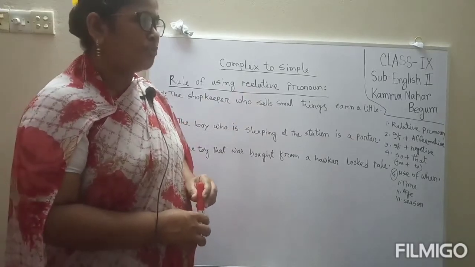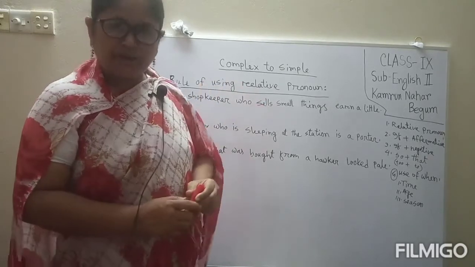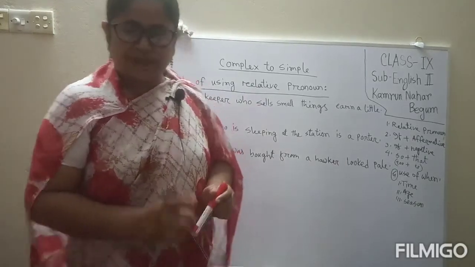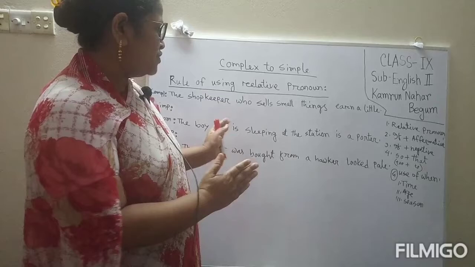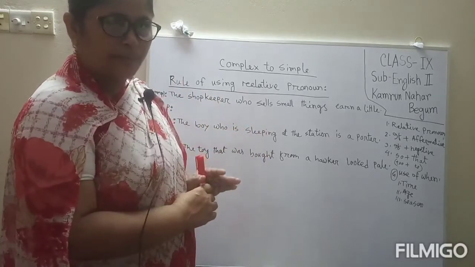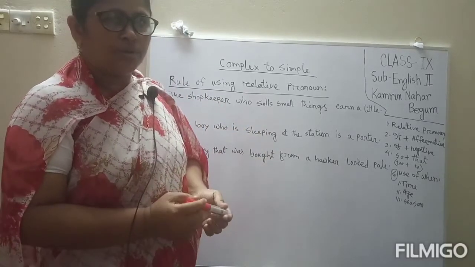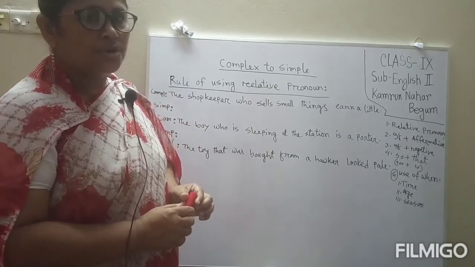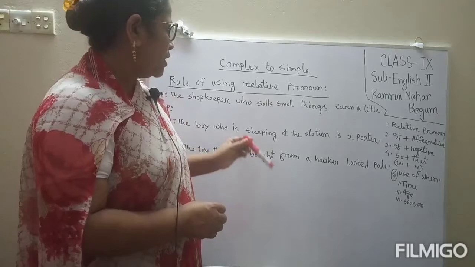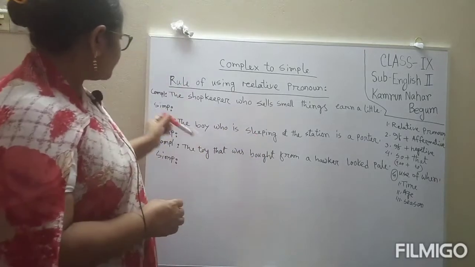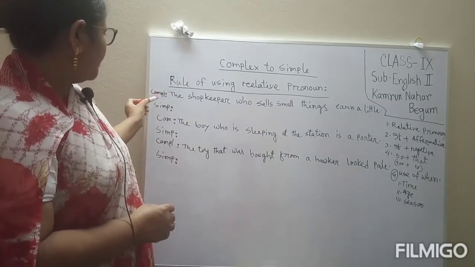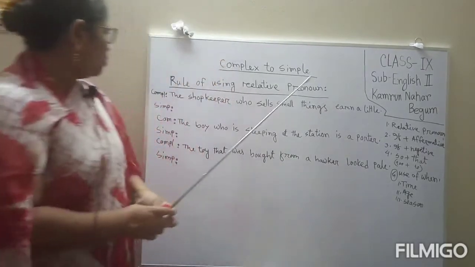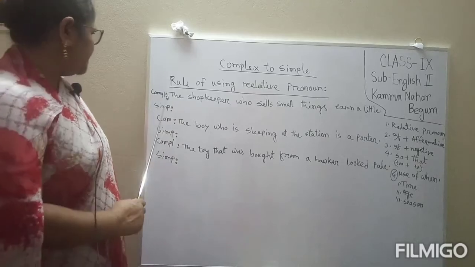At first, you have to know which one is the relative pronoun. A relative pronoun is a pronoun whose function is to connect two clauses. And among the relative pronouns, as I have said before, are who, which, what, that, where, how, etc. Here I have written 3 sentences. Look at the board and try to understand.